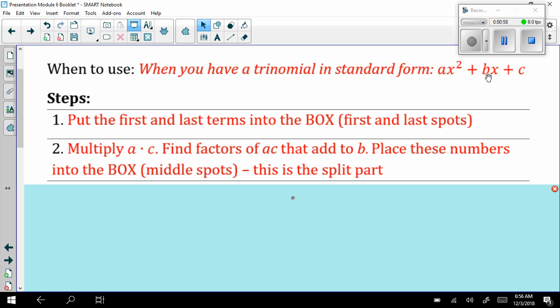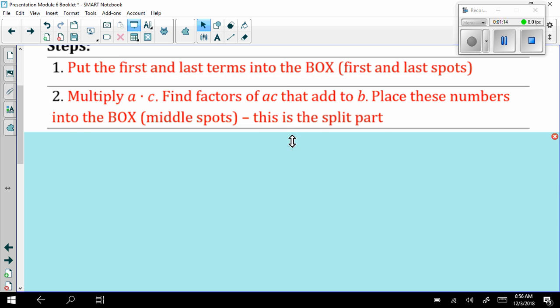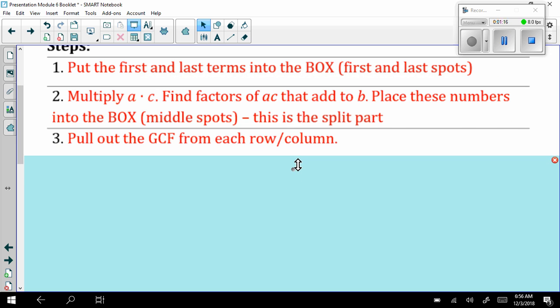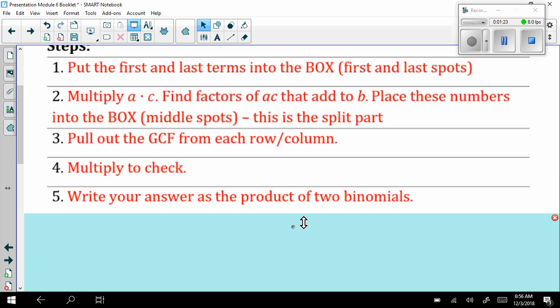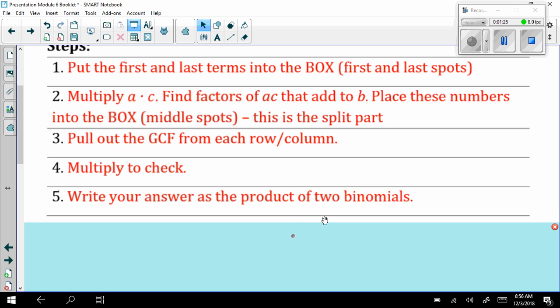You're going to put those two numbers in the middle of the box. That's the split part. We're taking this middle term and we're splitting it. But we have to split it perfectly. We have to split it so that it meets both criteria: factors of AC that add to B. Then we're going to do just what we did in grouping. We're going to pull out from each row and each column. And then we're going to do a quick multiply to check and write your answers as a product of two